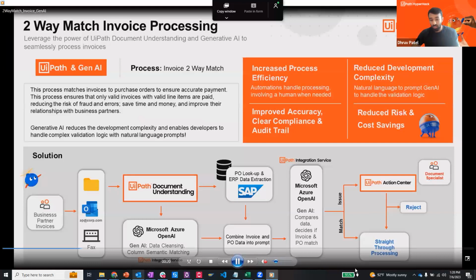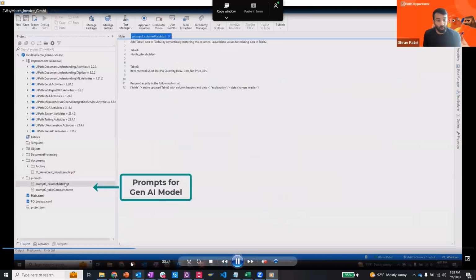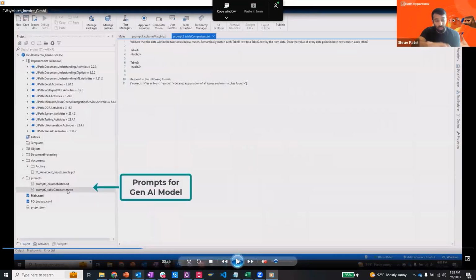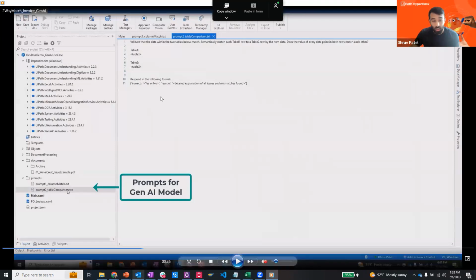Awesome. So, this is just going to go through that same exact example we went through, but to see it running, right? And so this is going to be that invoice we need to process. You'll see here, I've put placeholders for the prompts. So I put in the actual text, and then within the prompts themselves, I have some instructions at the top, and then placeholders within the prompt for where I want the automation to put in data dynamically, right? So the tables for the comparison. But then I even took it a step further. Within the prompt itself, and we'll go into this on another slide in a little bit more detail, I asked it to respond back to me in a specific format, right?